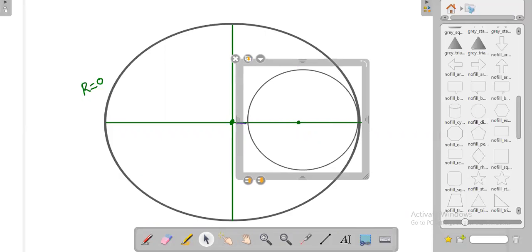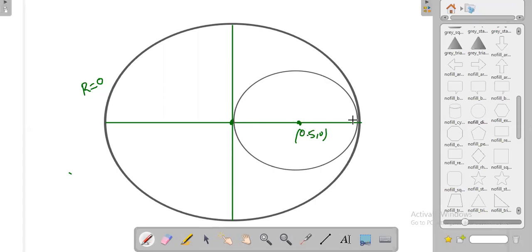Now my center point is, because a lot of points will come, that's why I'm not denoting every value. For the time being, I will denote this as 0.5 comma 0. This is the center point. What is this radius? The entire radius is 1, the entire length is 1, but the radius of this circle is 0.5. With the 0.5 radius, I am drawing.